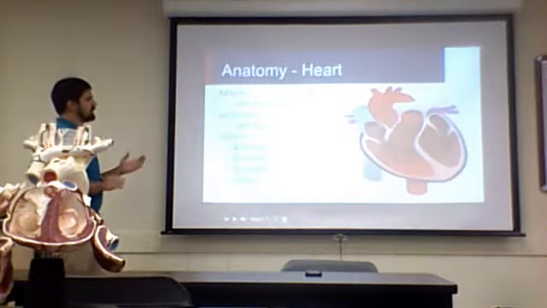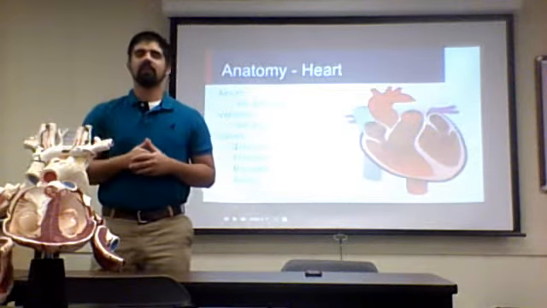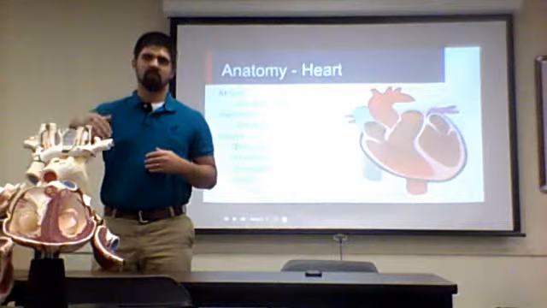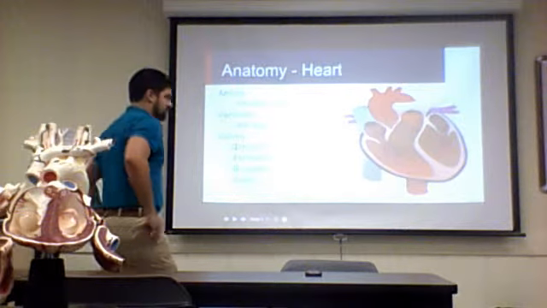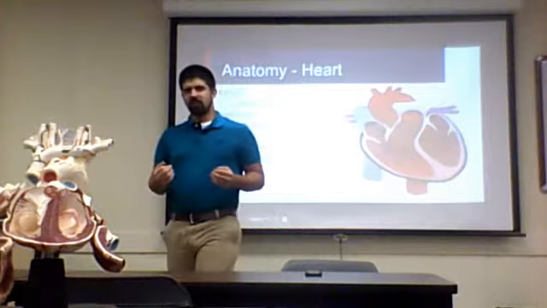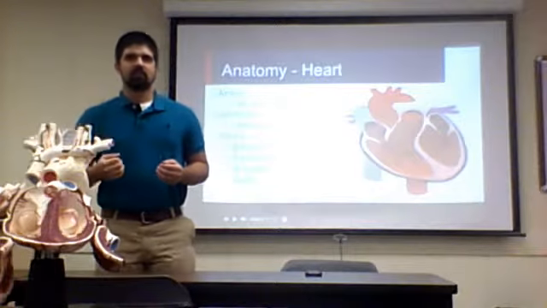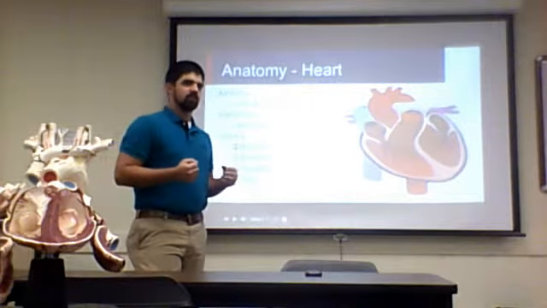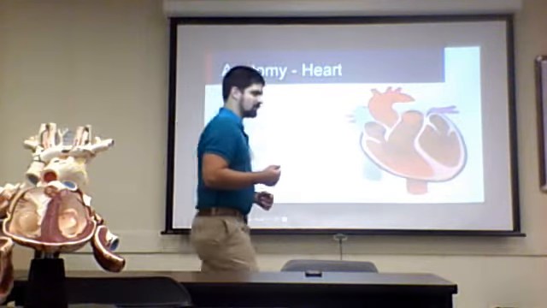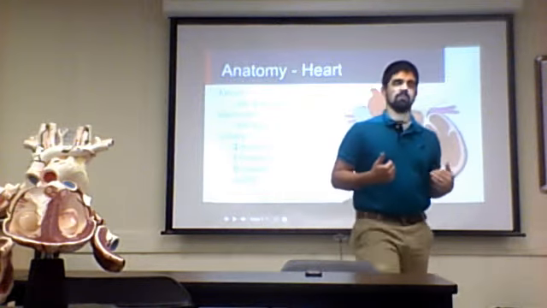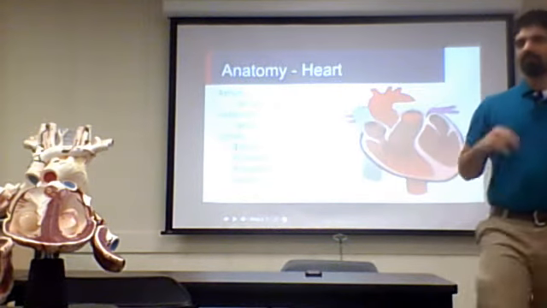But what we need to point out now, we talked about the 4 chambers of the heart and the anatomy of the heart. You've got the right atrium, and then the right ventricle, and then the left atrium and the left ventricle, right there. But also your valves, we're going to talk about those a little bit more. The tricuspid is between your right atrium and right ventricle, and the bicuspid is between your left atrium and left ventricle. One little saying to help remember this is you try before you buy, and that's going to help you remember your flow too. It's going to come in the right side, and then the left side, and then it goes to the body. So you try before you